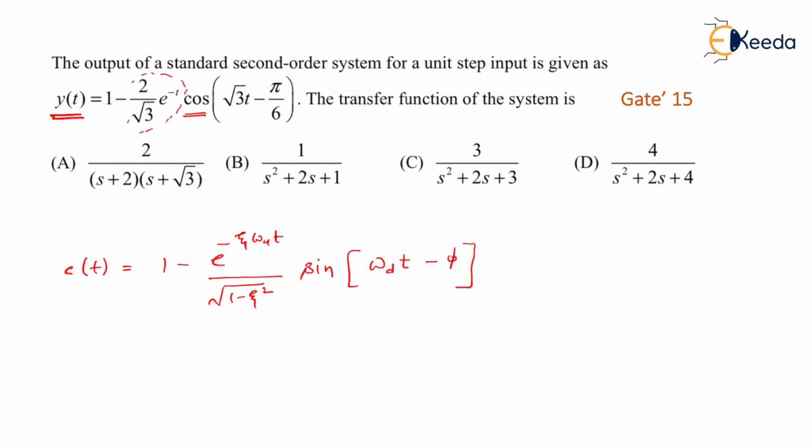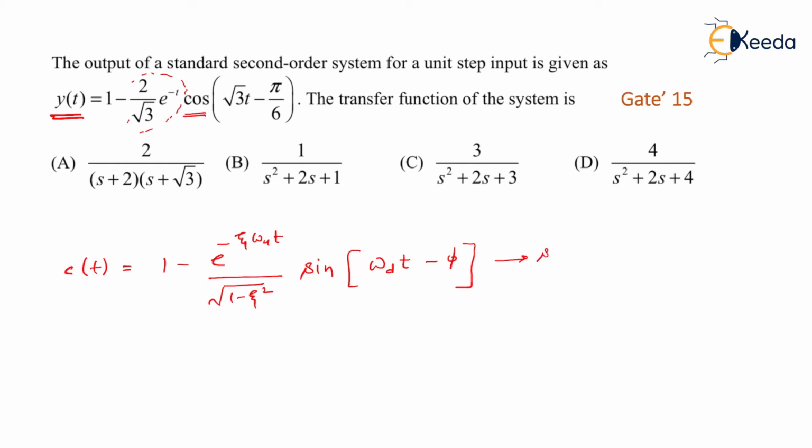So here they have not provided sine, but they have provided cos. You don't have to get confused. You don't really require to convert cos to sine. There is absolutely no problem. Only the phase shift is going to change. Am I right? Because there is only a 90-degree phase shift between sine and cos. You know very well. So there is absolutely no need to convert sine to cos or cos to sine. So you have to compare the given expression with this c of t.